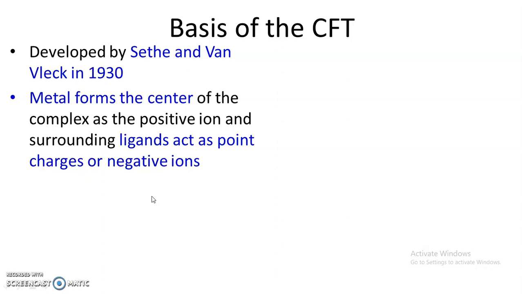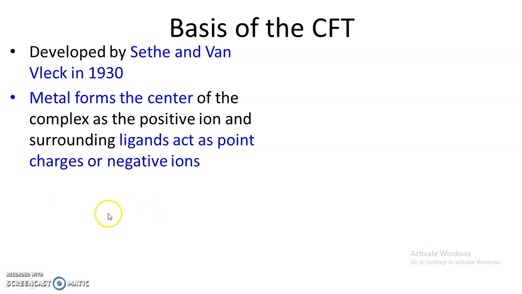Ligands are actually the atoms or species or group of atoms able to donate a pair of electrons. So a ligand species must contain at least one atom which is able to donate a pair of electrons, and at the time of formation of the coordination complex, ligands donate a pair of electrons towards the metal, and there is a formation of a coordinate bond between metal and ligand.